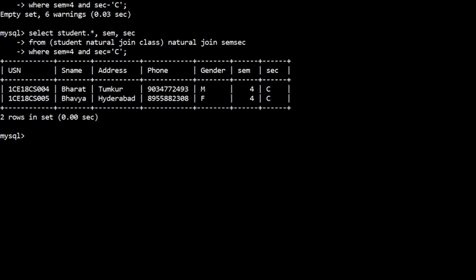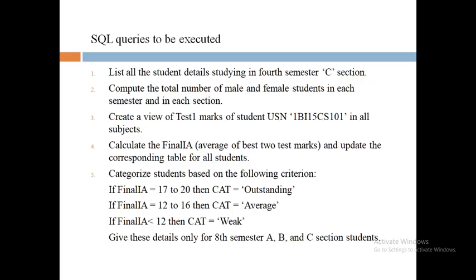Now we'll see the next one. The second query is: compute the total number of male and female students in each semester and in each section.